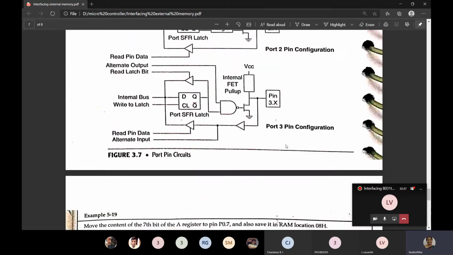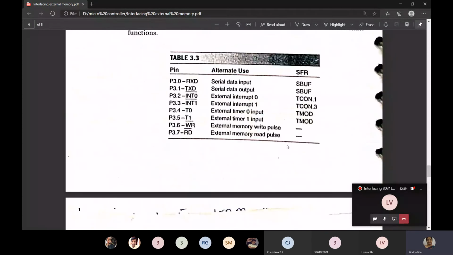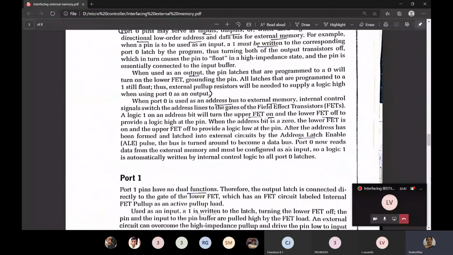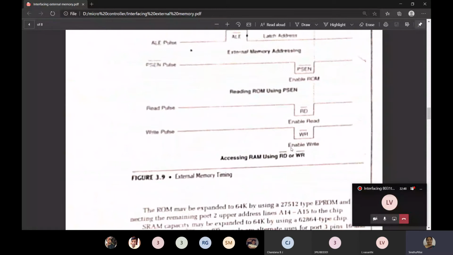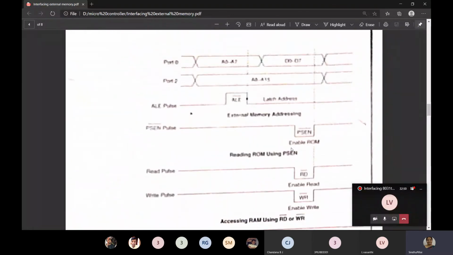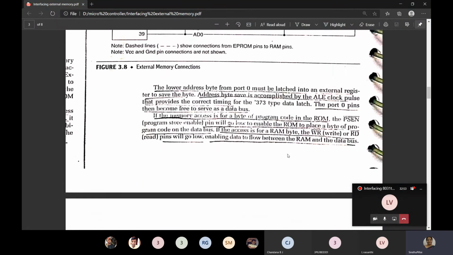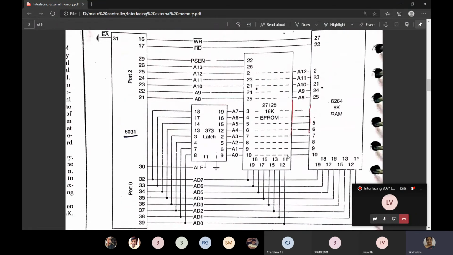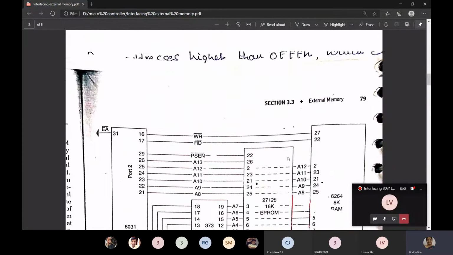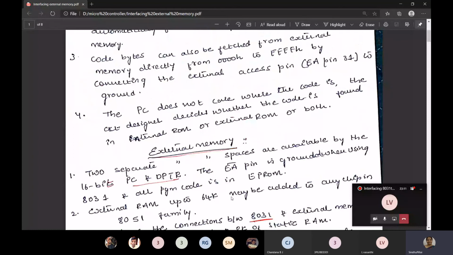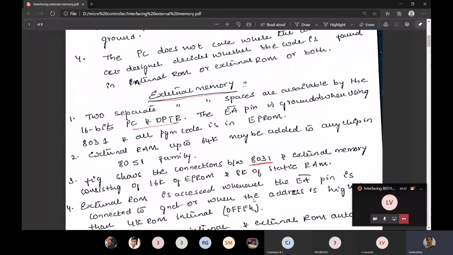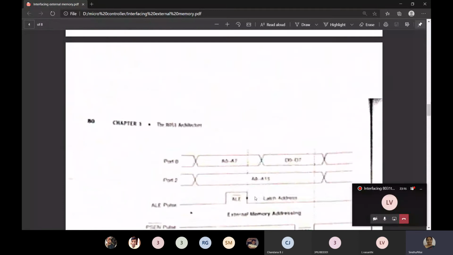This is about external memory and external memory connections. Some important points in external memory, tell about this timing diagram. If this figure is not clear, whenever you get the textbook, go through that, and this figure one, where you are doing the external memory interfacing. Nearly 10 to 12 marks they have asked this, not just 2 times, they have asked external memory connections. Draw the figure correctly and put these points: what is external memory and what are their storage capacities. Fine. This is about your external memory.